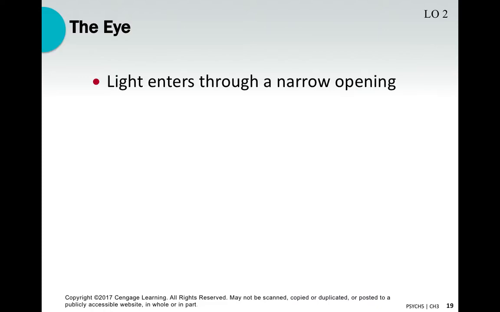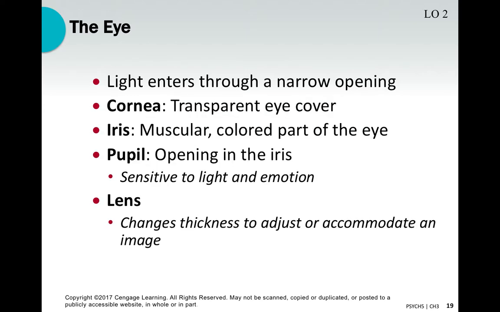So now we talk about light. Well, it has to come into contact with our eye in order for us to see. They've really presented this in an odd way, I think. They present all of the parts of the eye and then a picture. So I'm sorry if that's confusing, but I'm going to lay out some of the important parts, and then I'll show you a picture, and hopefully it'll make more sense once you see the picture. You can jump ahead in the PowerPoint if you'd like to see the picture as I'm referencing it.